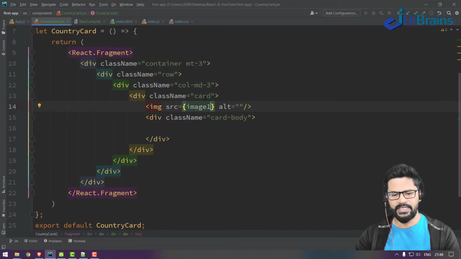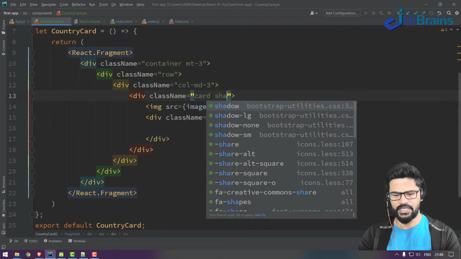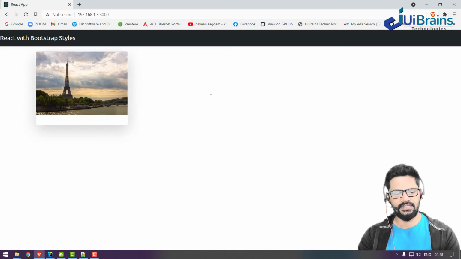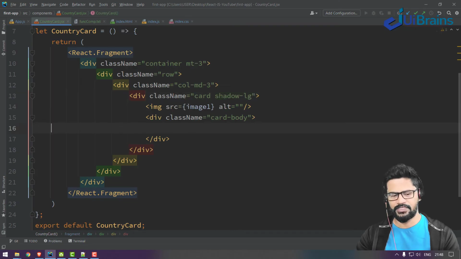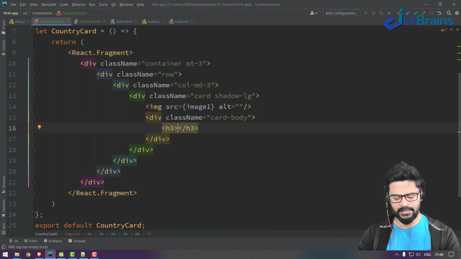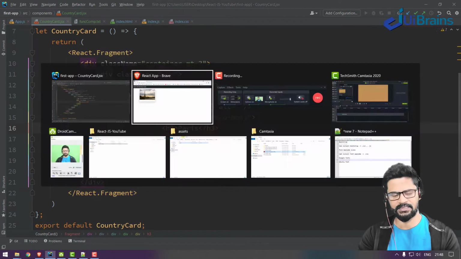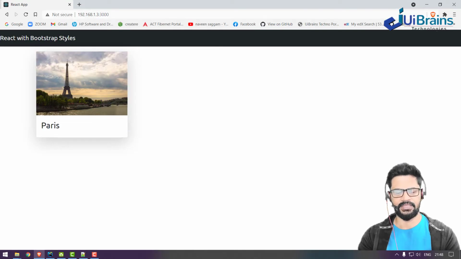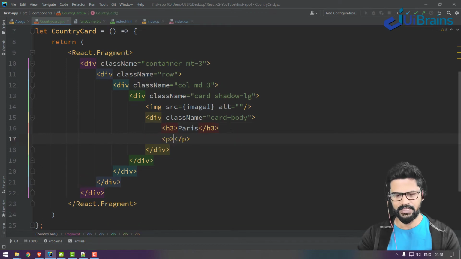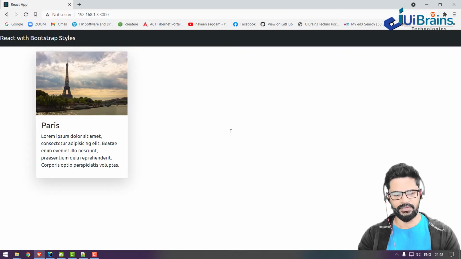You can also give the card a shadow-lg to get some shadow. Below that I want to specify the name and some text. Let's use an h3, say Paris, and below that a paragraph with some 20 words of lorem text.